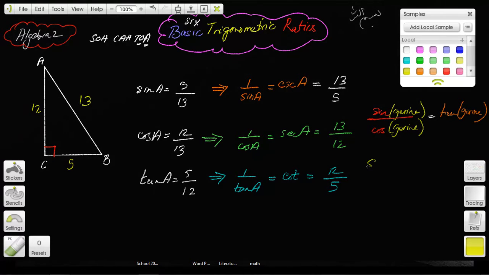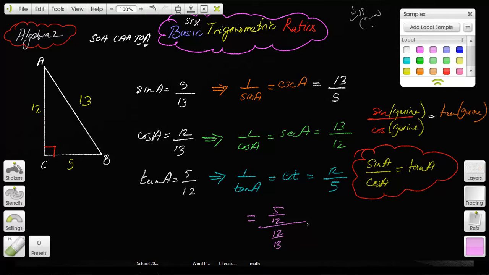But this is true actually. The sine of an angle divided by cosine of the angle is equal to tangent of that angle. This is a property, okay? And this is easy enough to demonstrate even here. So sine is 5 over 12. So let's see tangent of it, right? So sine is 5 over 12 divided by cosine, which is 12 over 13. Let's see what we get. So 5 over 12 divided by 12 over 13, which is 5 over 12 times 13 over,